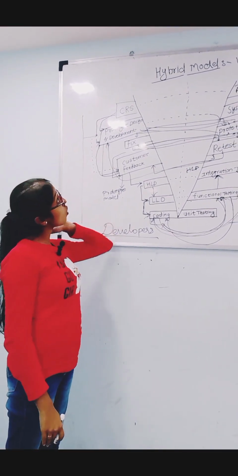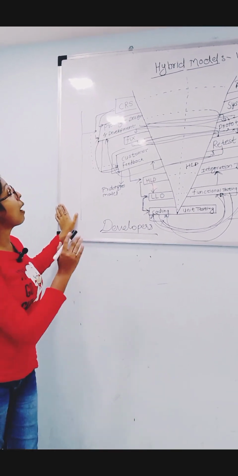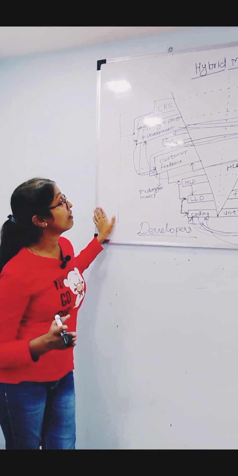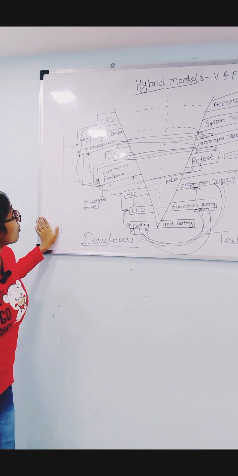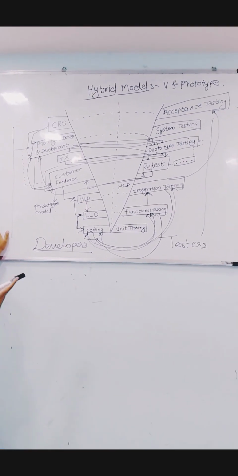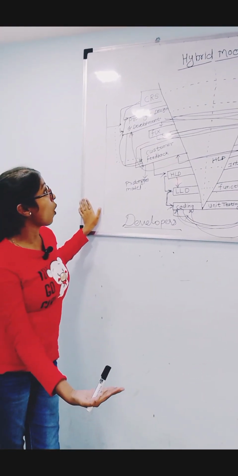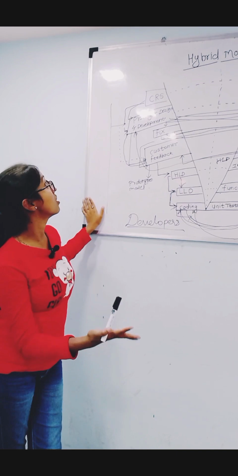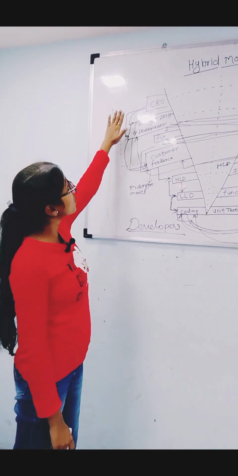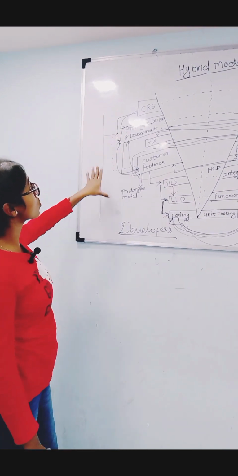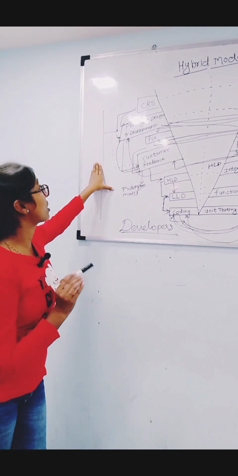First of all, the advantages of the hybrid model. The first one is that requirements can be changed. Second, the customer will be able to see the software at an early stage. There is ease of communication between the customer and the development as well as testing team. Also, delivery of the software to the customer is very fast in this hybrid model. And the disadvantage is that the initial cost is high, but the total cost of the hybrid model is less. Also, there is a delay in starting the actual project.